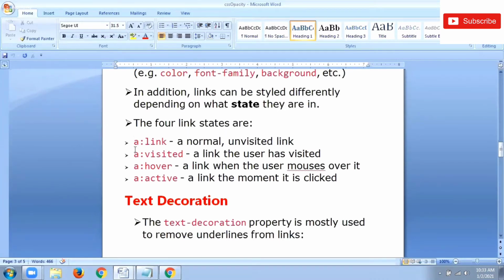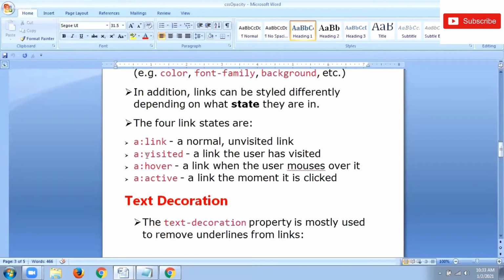Here a is similar to the anchor tag, a followed by colon, link. So that is the first type. This a:link property specifies a normal, unvisited link.